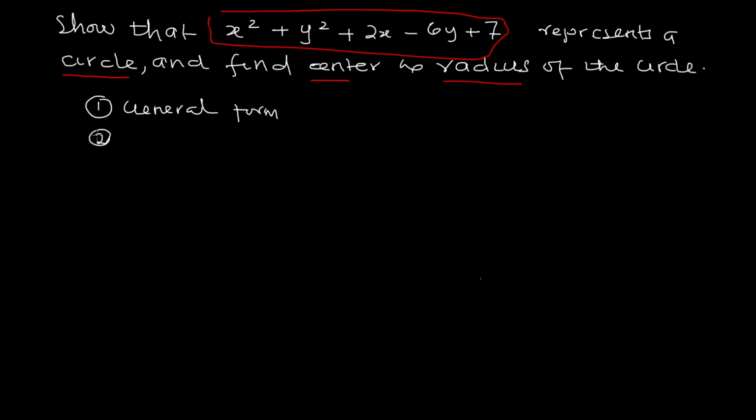Then once we're in the general form, we can extract the center and then we can extract the radius from the general form. And then we have to look at our strategy. How do we get to these? We get to those using our completing the square